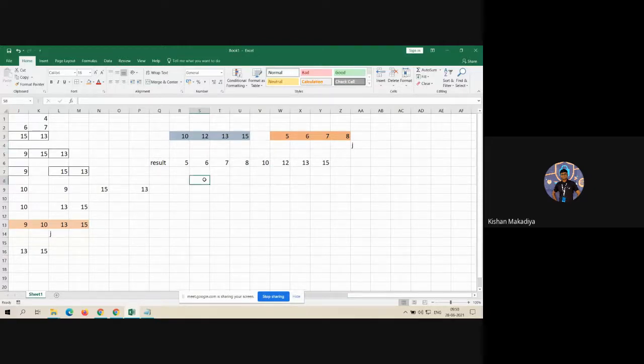Now just give me one answer. For any case, I'm writing here the question: how many comparisons are required to merge two sorted arrays?